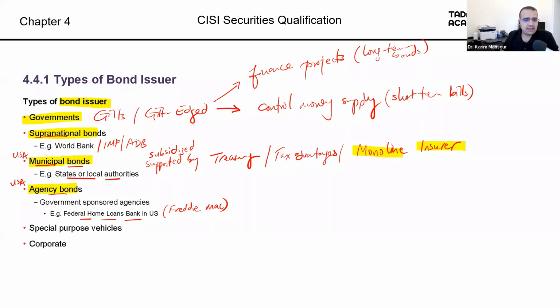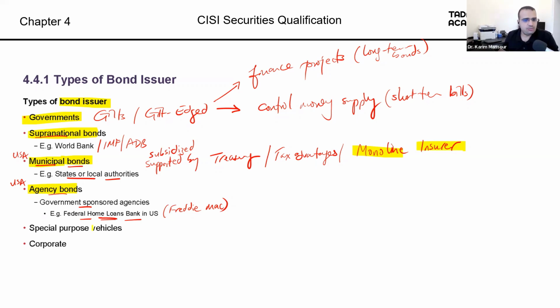And these agencies are sponsored by the government. They are semi-governmental, semi-private, and they usually issue bonds to support mortgages. They provide mortgages, or they provide loans. They provide student loans. They provide loans on homes, mortgage loans. We'll talk a bit about them on the next page.